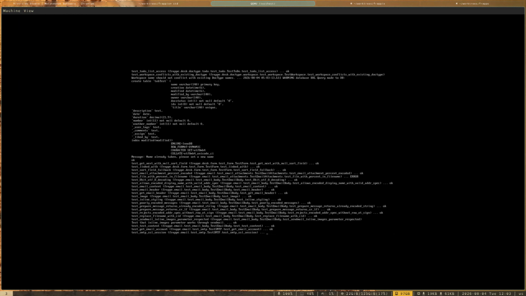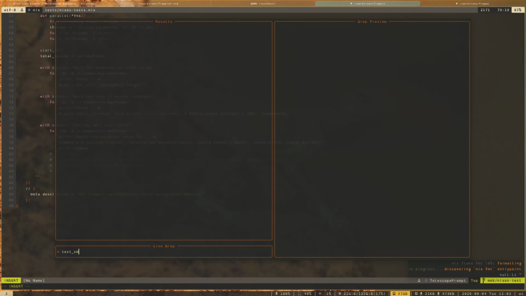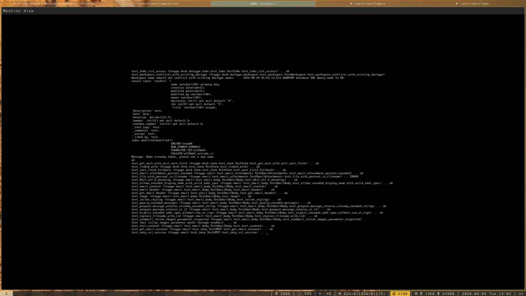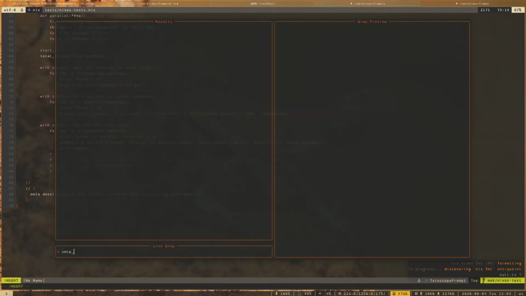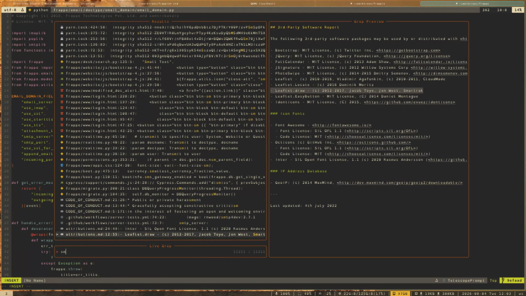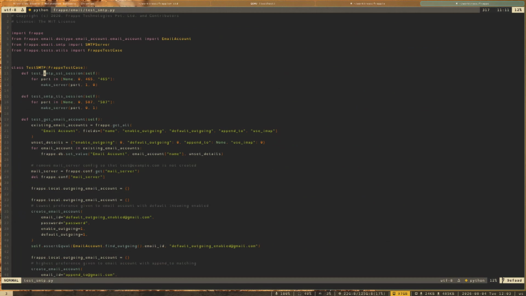Test SMTP SSL session. Let's see that we can find it. PSSL session. Not here. This one, yes. Test this. SMTP. Okay, so we can